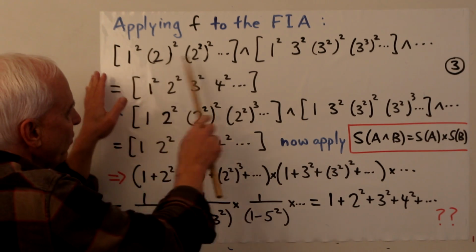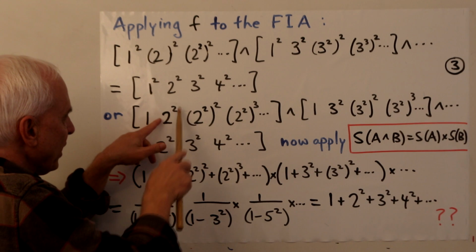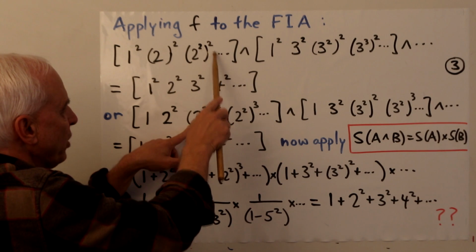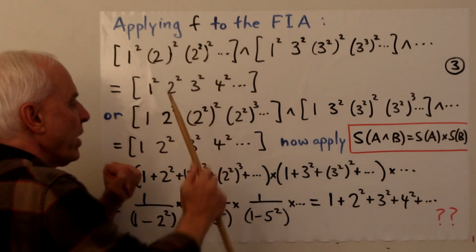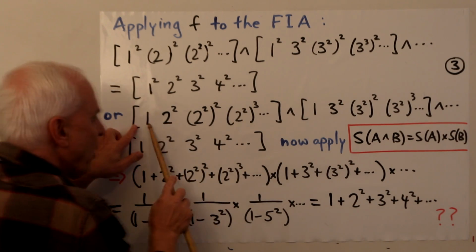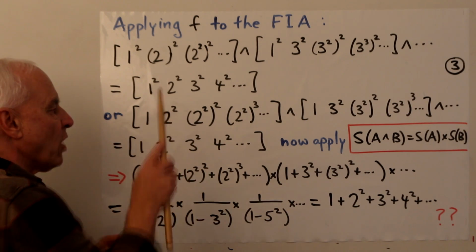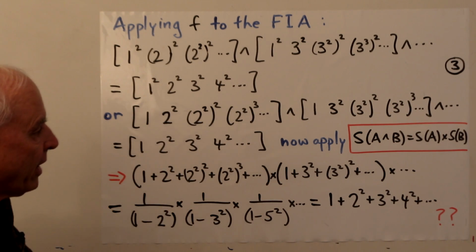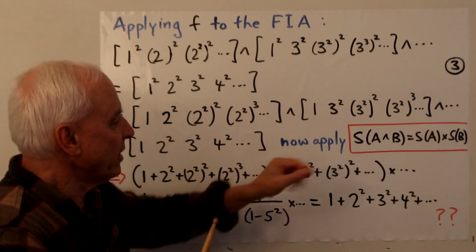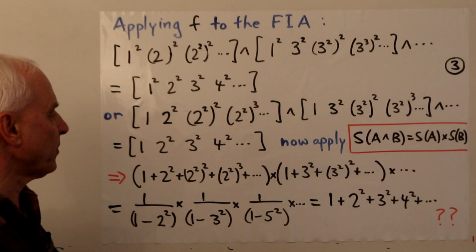Okay, so now let's just rewrite this a little bit. So instead of having the squares of all of these things, let's put the squares right above the 2. So, for example, this next one over here would be 2 cubed all squared. Let's rewrite that as 2 squared all cubed. Right? Then what we have here is an m set consisting of powers of 2 squared. And over here we'll have an m set consisting of powers of 3 squared, and so on. On the right-hand side, we still have the same thing over here.